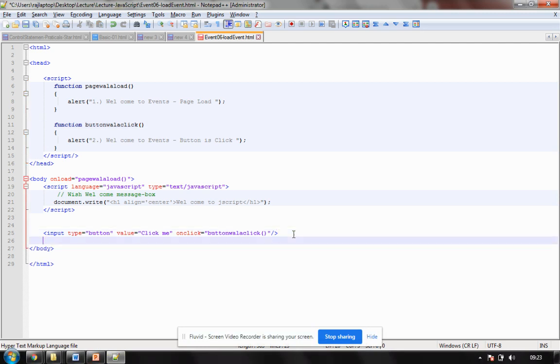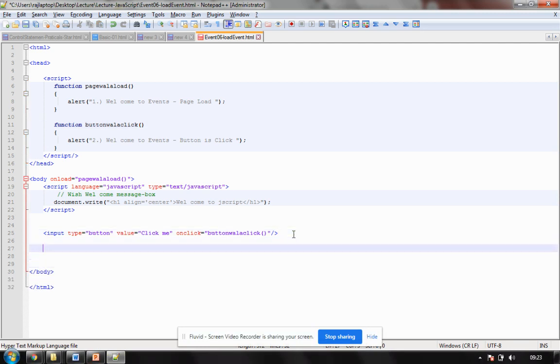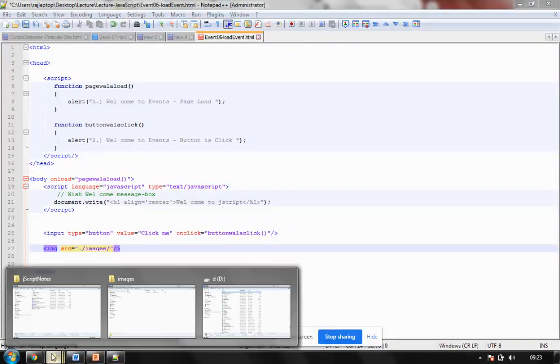So how to display an image? To display an image, the HTML tag is there. The command is image source. Now this source is stored in my image folder, and I'm loading the image. What is that image called?